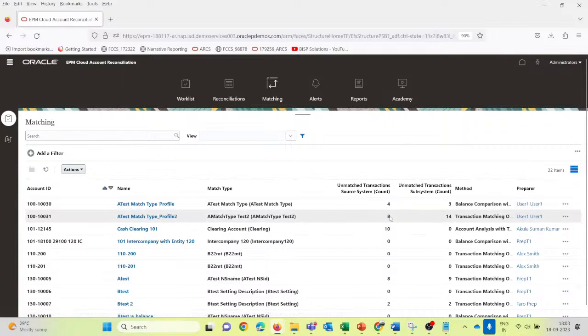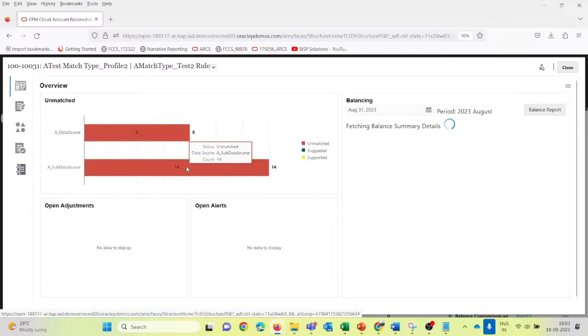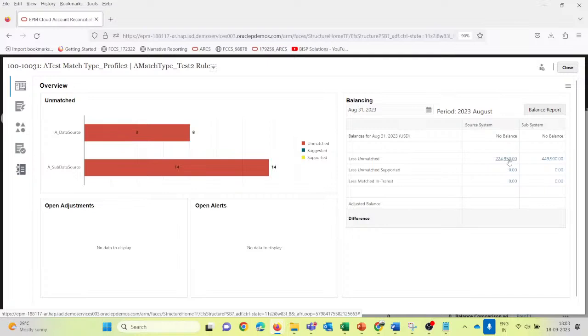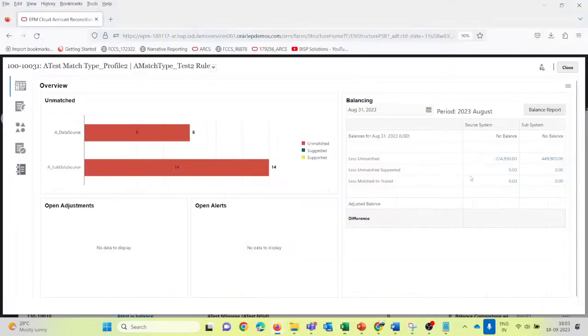in which unmatched transactions are 8 and source system it is 8, and unmatched transaction count here it is 14. So we will just go here and see the details. It is giving us the total, how many of them are unmatched and how many are matched. You can see it is 224,950,